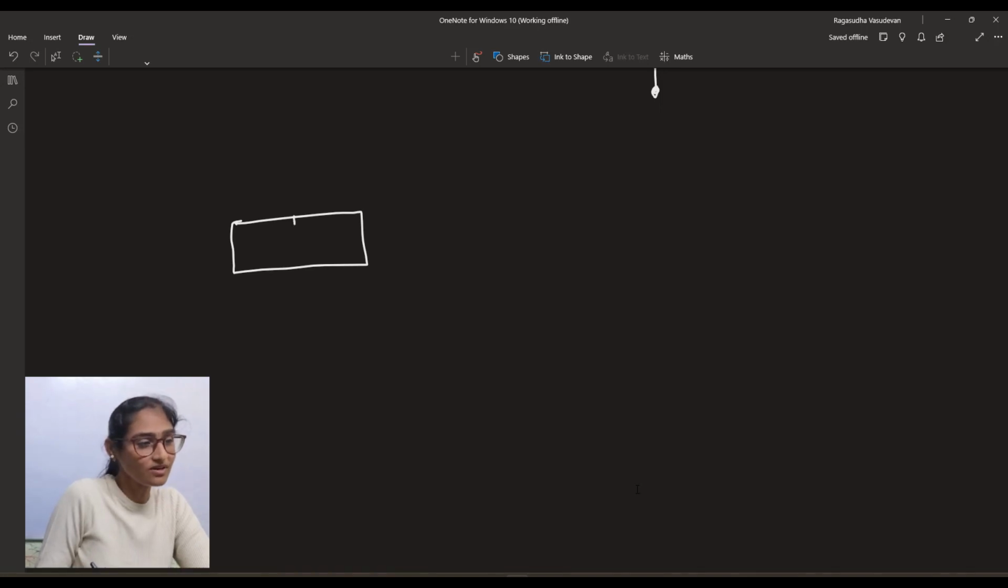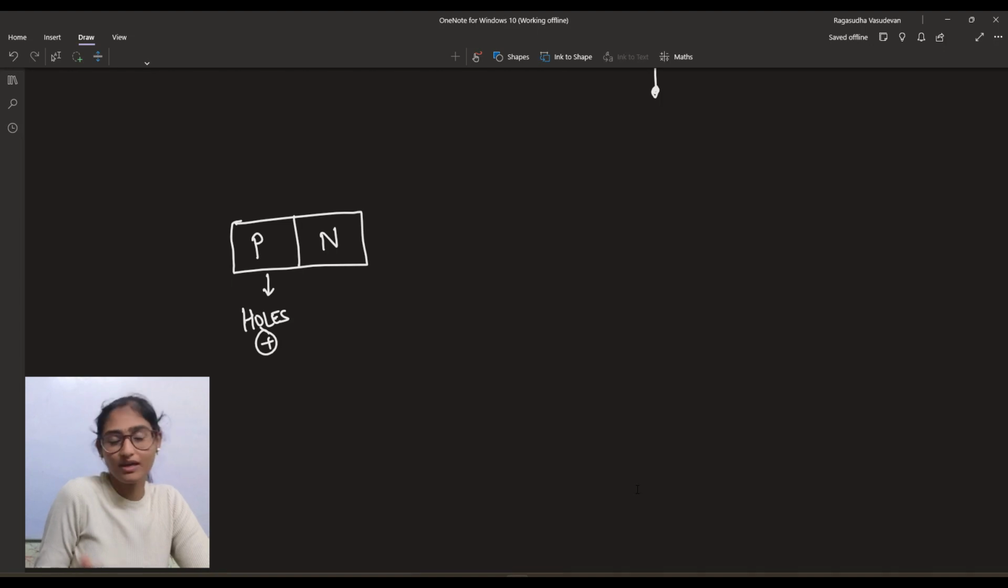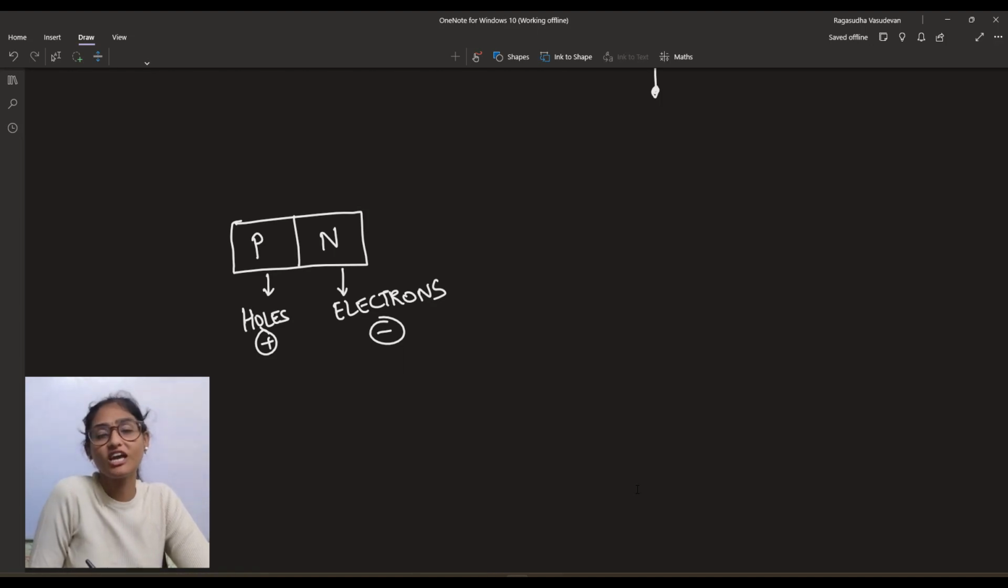In the previous video we saw a PN junction diode, which consists of P material and N material of equal widths. The P material will have the majority carriers as holes, which are just the positively charged particles, and the N material will have a majority of electrons. Electrons are negatively charged particles. When both of them have the same area,